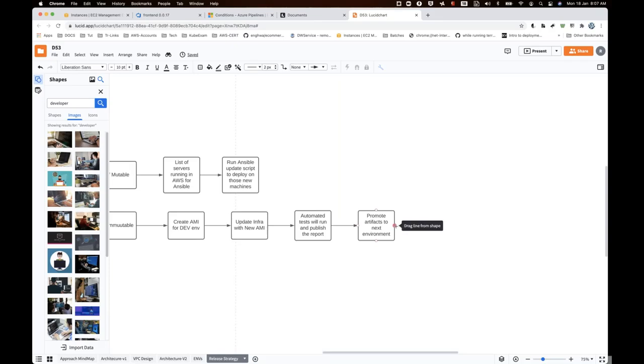There's a security team that takes care of those actions, so you're not bothering about that. Even enterprise organizations work that way. So, promote artifacts to the next environment. And the next one is to deploy to the pre-prod environment.